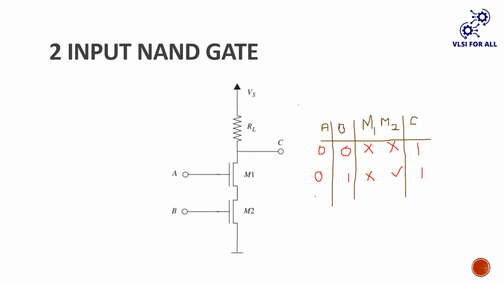1. Similarly, when A input is logic 1, B input is logic 0, M1 becomes on, M2 becomes off. Then also there is no current flowing through that, hence output is logic high. But whereas both the inputs are logic 1, then M1 is on, M2 is on. As both the circuits are on, then definitely, guys, the current flowing through